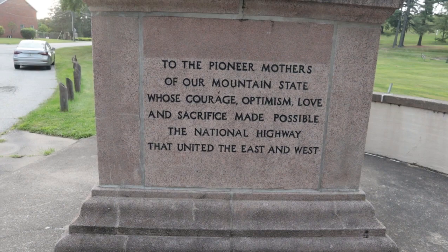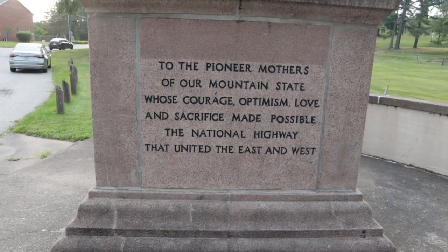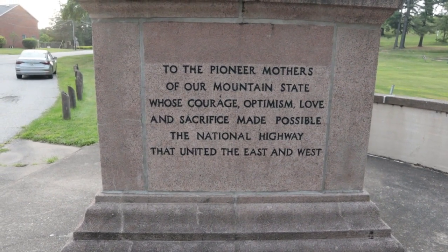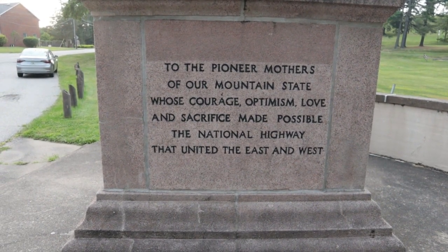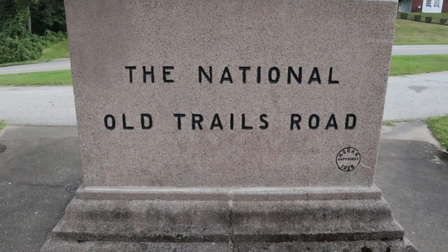On the eastern side it says, "To the pioneer mothers of our mountain state, whose courage, optimism, love, and sacrifice made possible the national highway that united the East and West." Backside: National Old Trails Road,